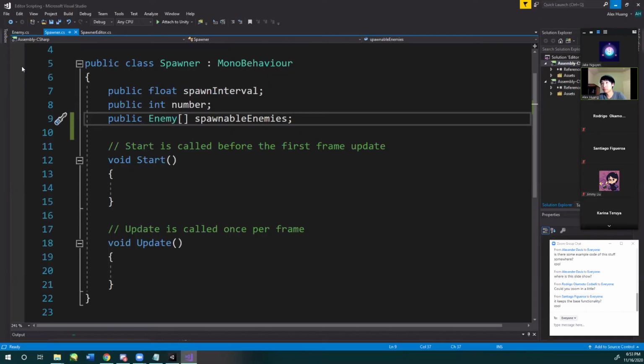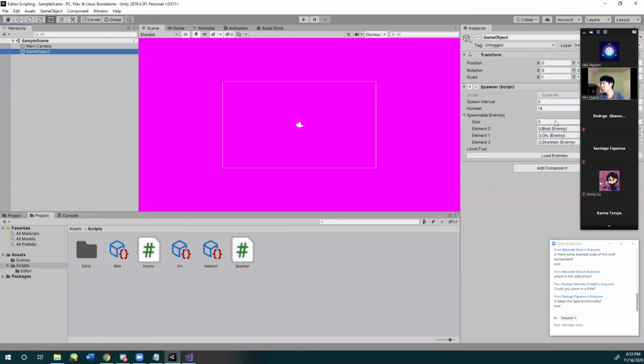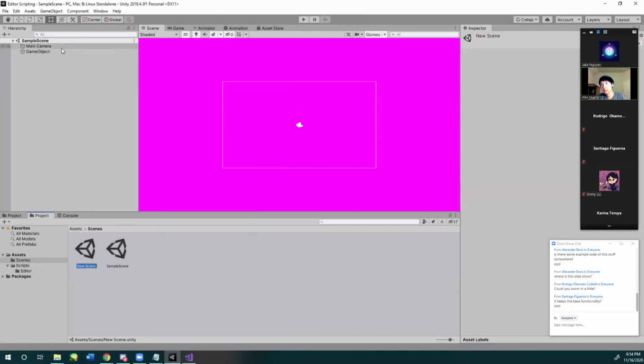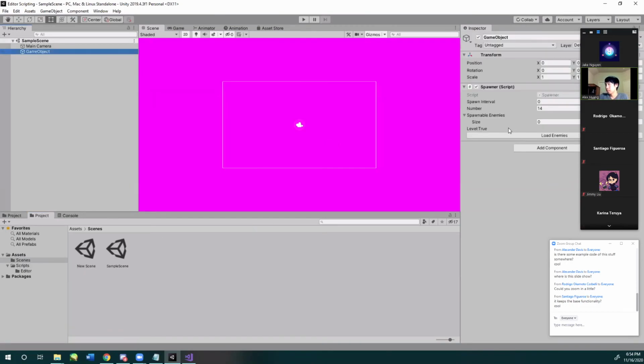Oh, whoops. Okay. Something that's important though. Let me make another scene. So we have something that can grab all the enemies, right? This button. But notice how when it put them into the script, it didn't give me the usual thing that